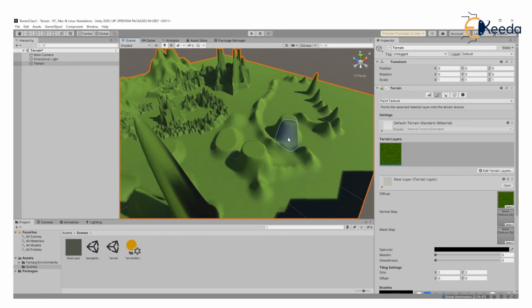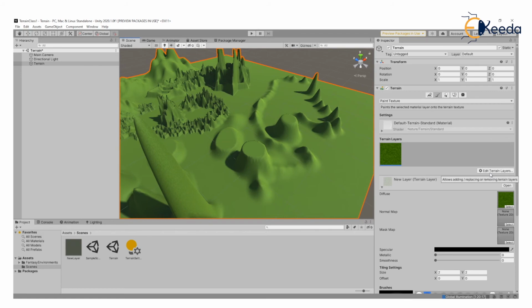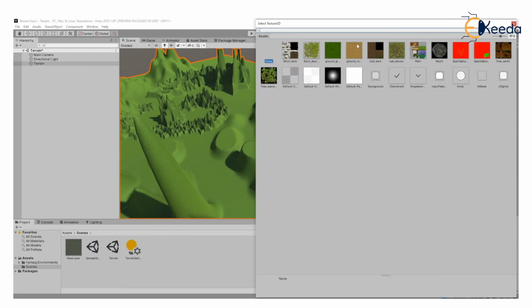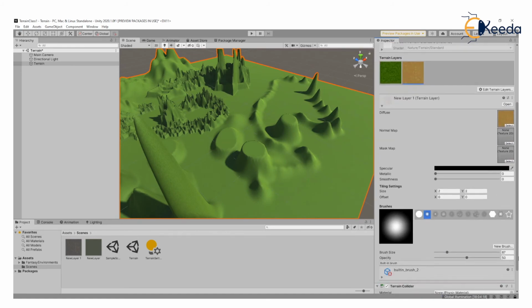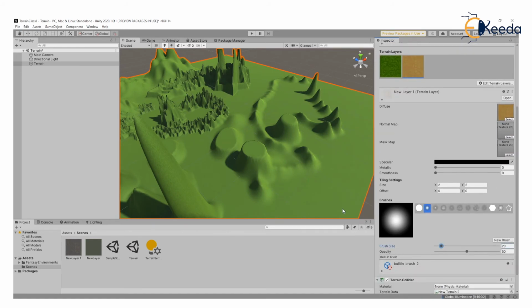Now, what if I want to add roads, or stones or pebbles? For that, again, I'll click on the edit terrain layers, say create layer, and select the road ground. I'll make sure the size of the brush is smaller, because I want to create smaller roads.